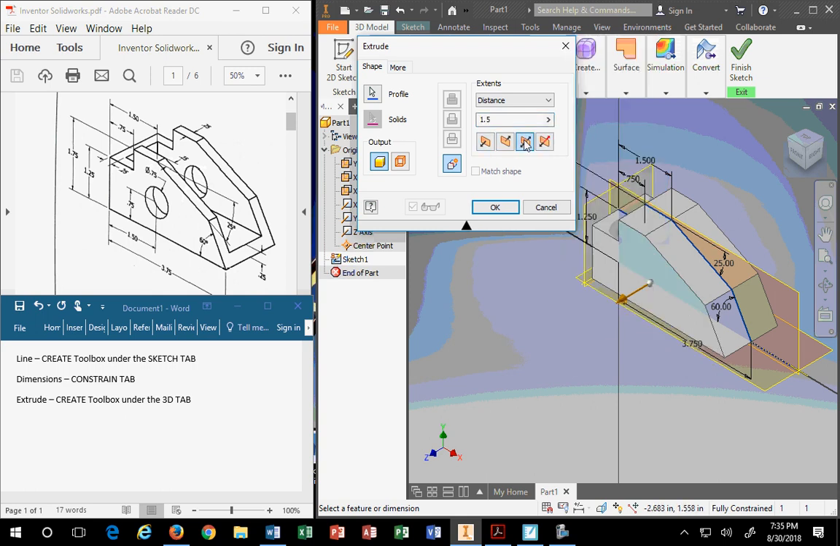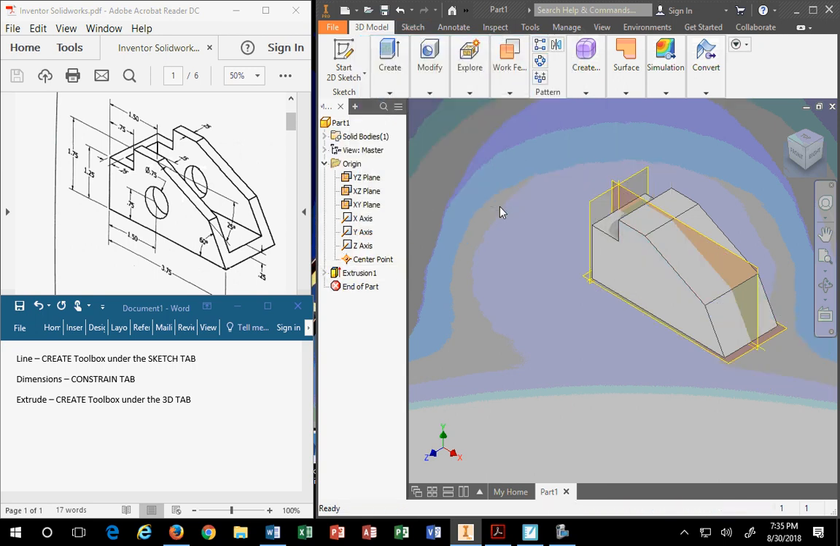Okay, so I just picked midplane. It splits the 1.5 in half, and it does the extrusion in that manner. It picked the profile automatically, and we just hit OK. And that's it. That's your basic shape. Now, when we look at the next step,